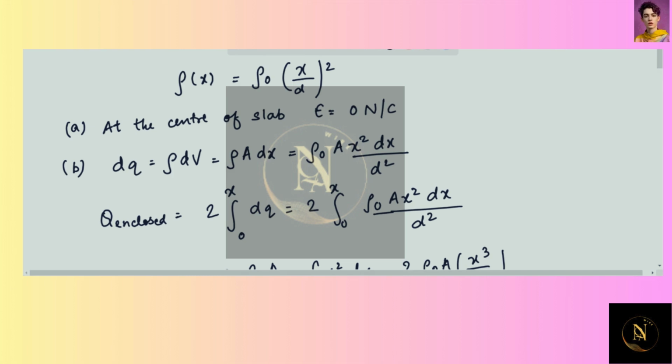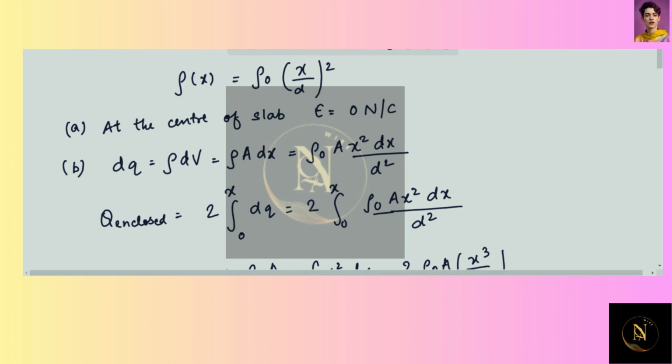The problem states a slab of insulating material has thickness 2D and is oriented so that its faces are parallel to the YZ plane and given by the planes x equals d and x equals minus d. The y and z dimensions of the slab are very large compared to d. Treat them as essentially infinite. So the slab has a uniform positive charge density rho.